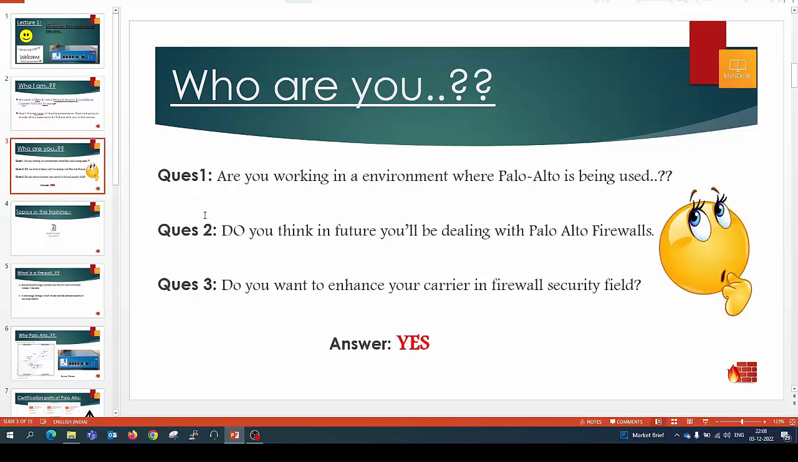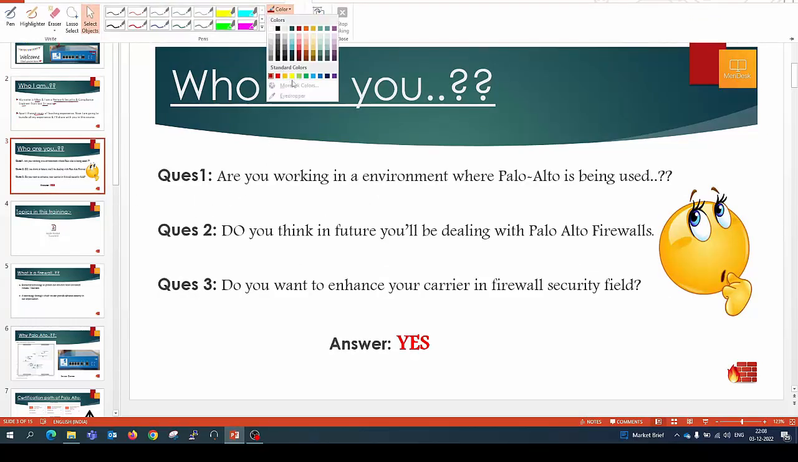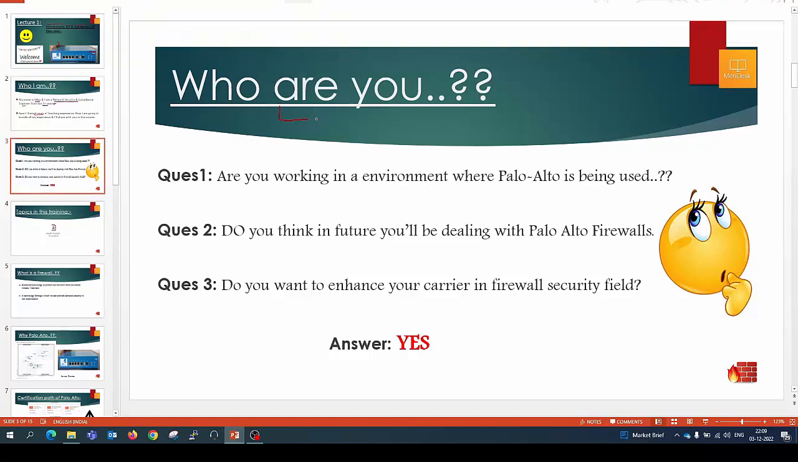Right. Now, before proceeding, a question to everyone: Who are you? And why do you want to learn this particular course? Question number one: Are you working in an environment where Palo Alto is being used? Do you think in future you will be dealing with Palo Alto? Or maybe you want to enhance your career in Palo Alto, or in the security field, network security field, or firewall security field. If the answer to any of these questions is yes, then my friend, you are at the correct place to learn